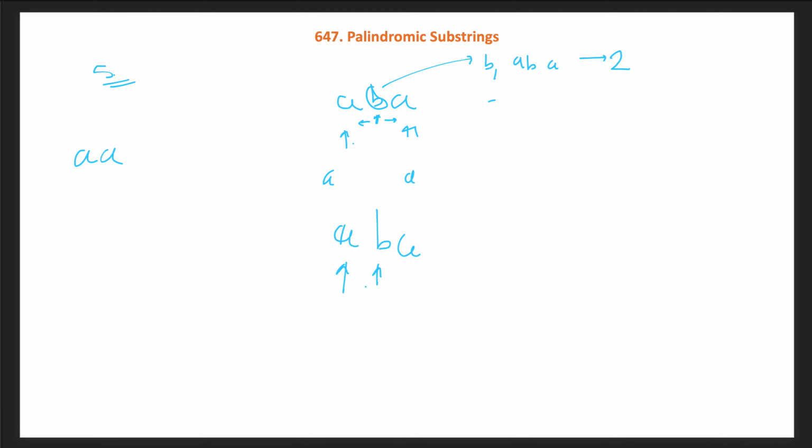We will also try this case, I from here to here. Is it equal? No, this is not equal, so it is not a palindrome. We will return false, there is no count. Similarly, we start from here and here, these two are not equal. So overall, the total number of palindromes of this string is 4. As we can see clearly, each single letter is itself one, and AVA is a palindrome. So this is the 4.